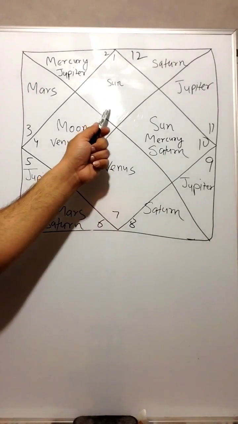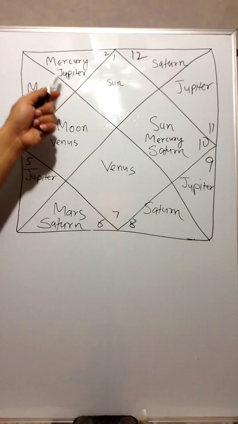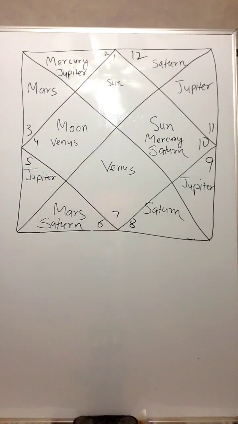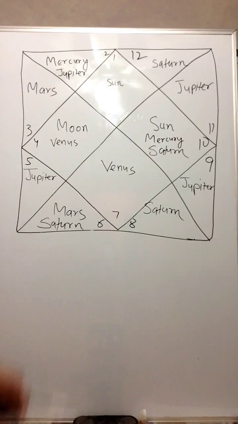So that's why Sun represents this house. In the second house, Mercury and Jupiter. Mercury is communication. Jupiter is expansion. Okay. And the second house is the family. So in the family,